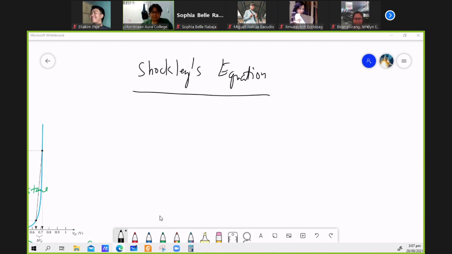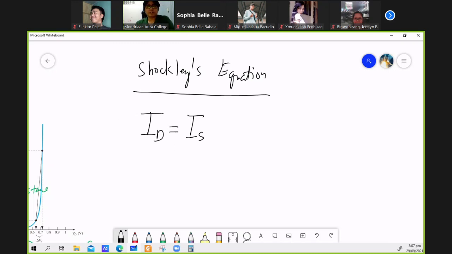So ano ba yung equation na yan? We're going to relate diode voltage and diode current. So we have the diode current I sub D is equal to I sub S, which is the reverse saturation current or the leakage current. So let me see kung may mapupulot ako ditong